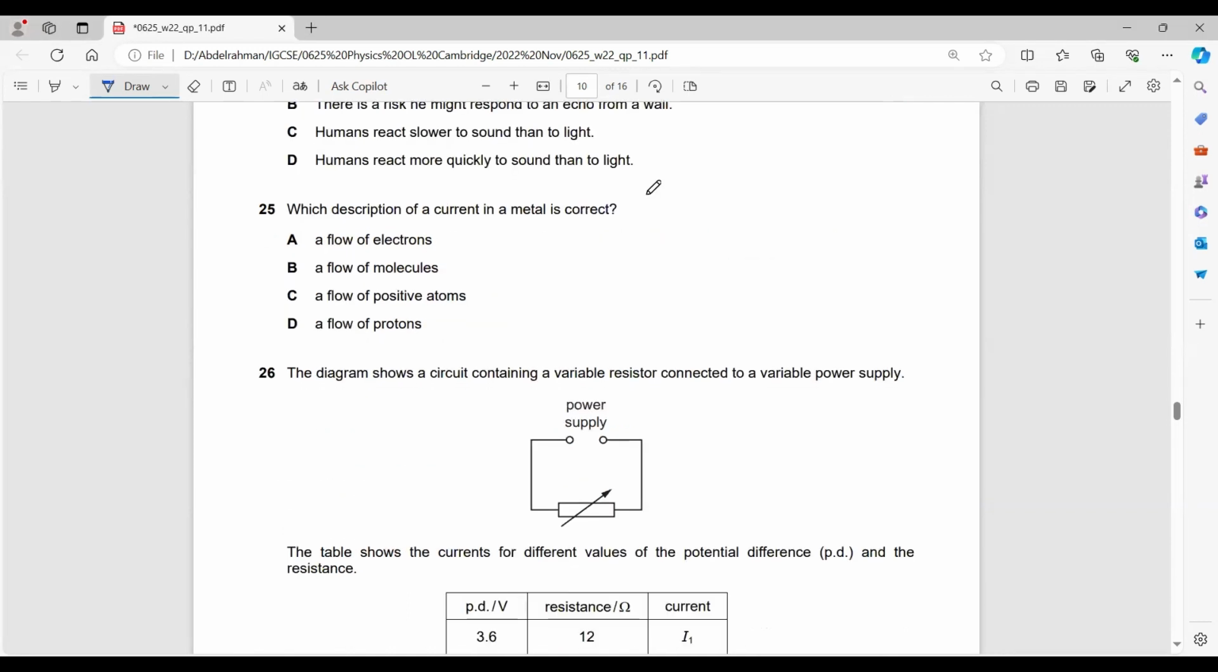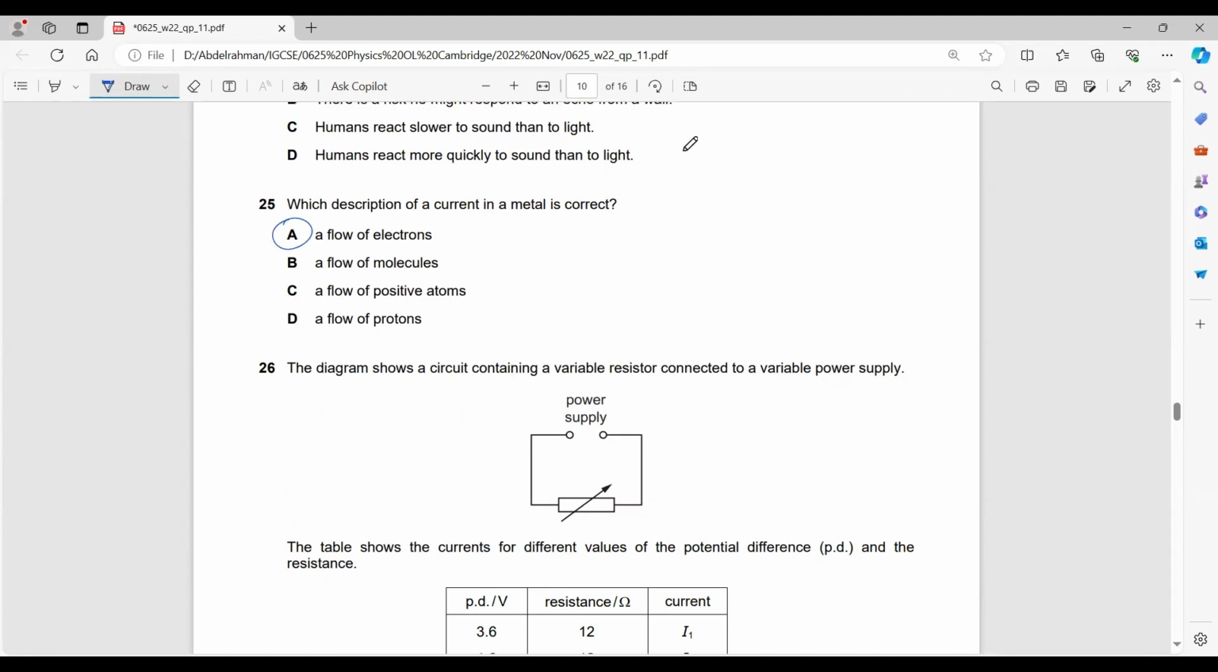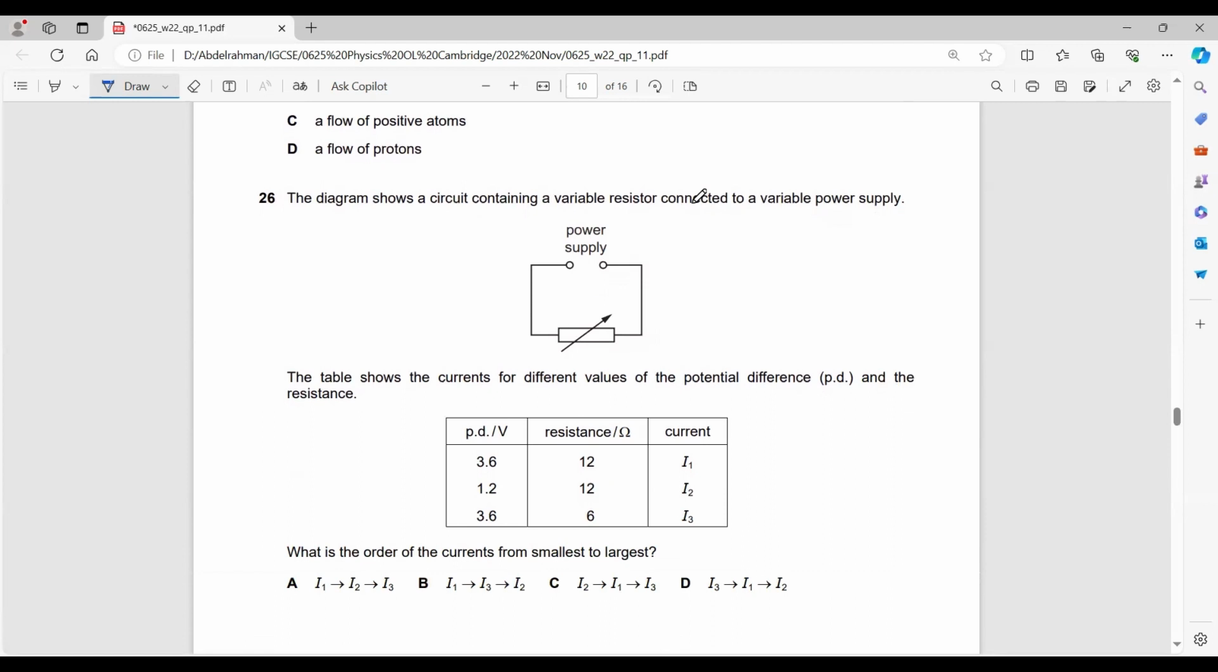Which description of a current in a metal is correct? It is the flow of definitely electrons. Definitely. The only thing that flows inside the metal is the electrons. The table shows the currents for different values. Okay, what is the order of the currents? Can I calculate each current? Yes, I definitely can